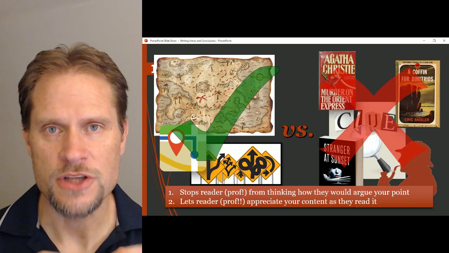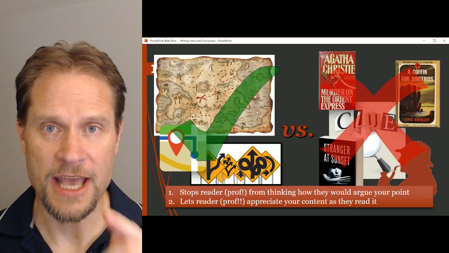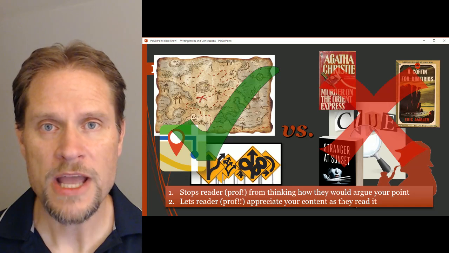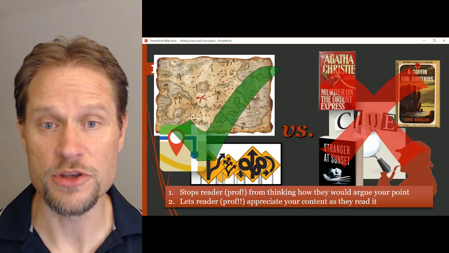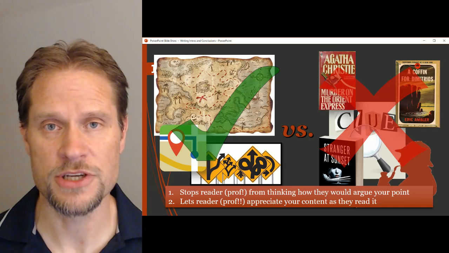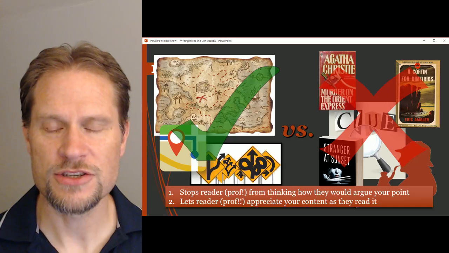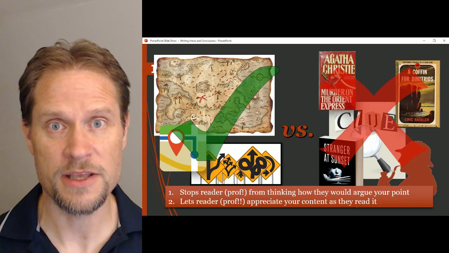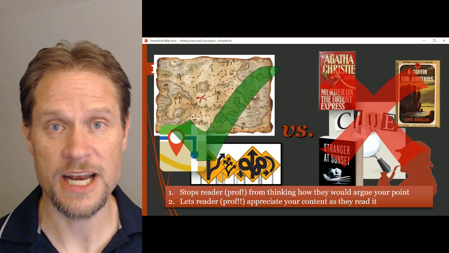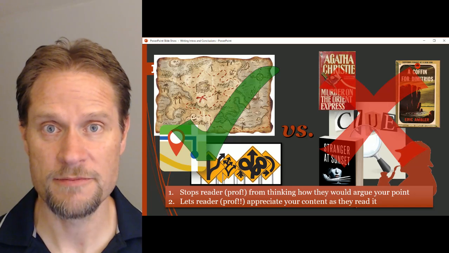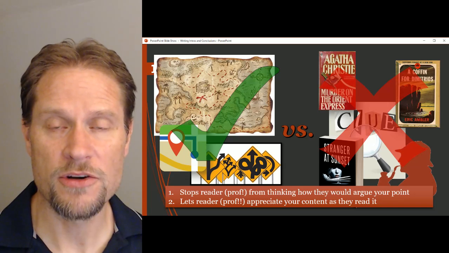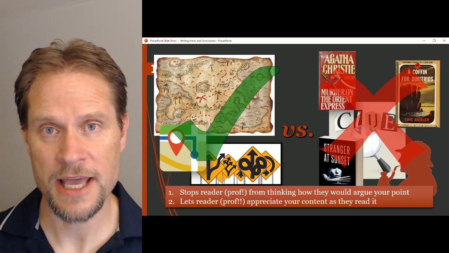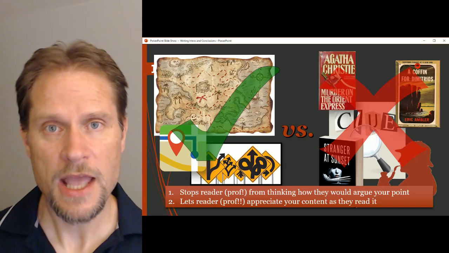because there's always the chance that their prediction about where you're going to go isn't where you're going to go. You're going to take a different route to the conclusion, and that's just going to serve to disappoint or frustrate your prof, and we totally don't want your prof being disappointed or frustrated at all when they read your essay. So having your introduction clearly lay out